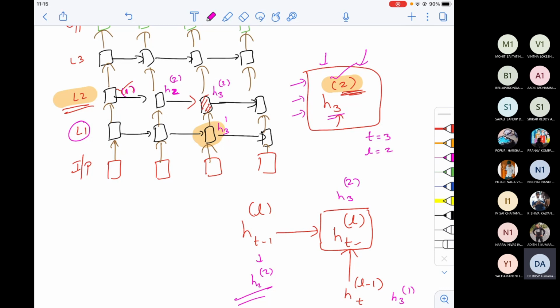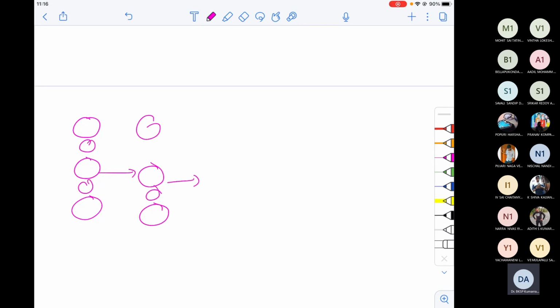Okay. Now, sir, basically you're telling that in traditional LSTMs or RNNs that we have discussed, we'll have one input layer, one hidden layer, and one output layer. Again, one input layer, one hidden layer, one output layer, and these hidden layers are connected. Now you're telling that multiple hidden layers in each neural network you'll have. For every artificial neural network, when I have multiple hidden layers, it becomes deep neural network. Particularly here, it is deep RNN, because there are connections from one hidden layer to the other hidden layer. So that's all you need to remember.